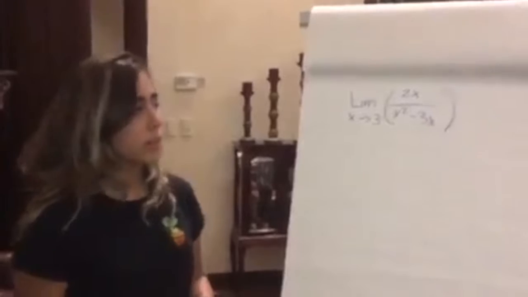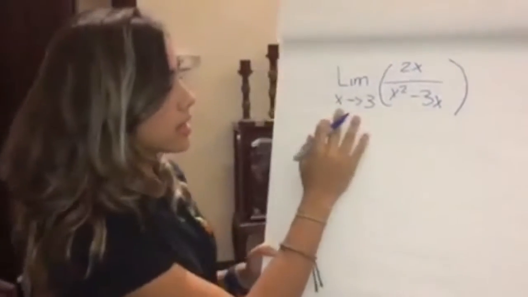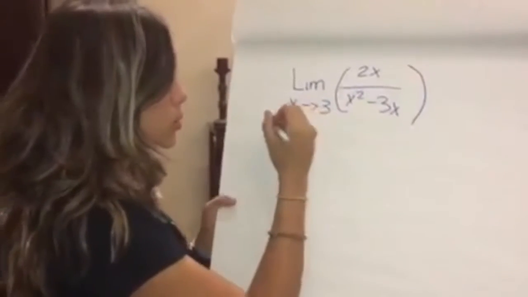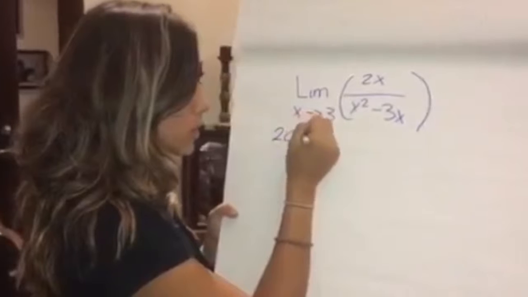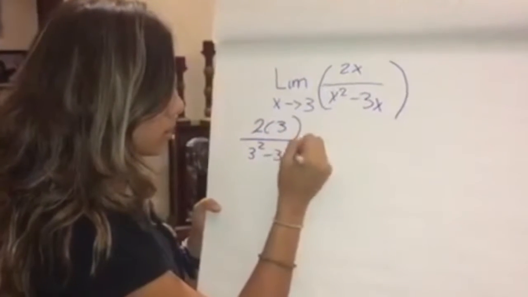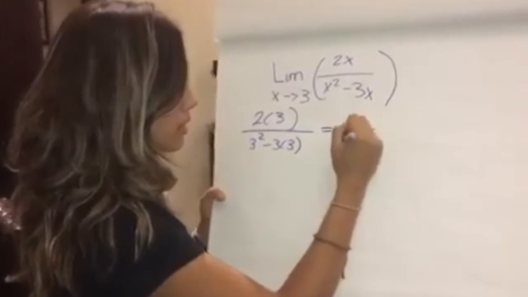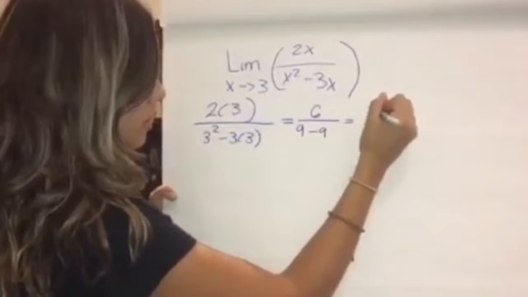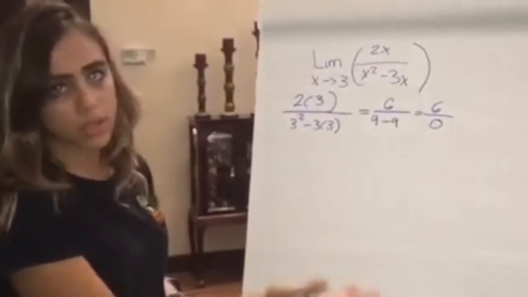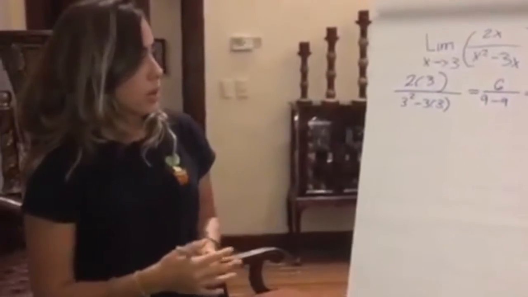In order to evaluate a limit, one must first plug in the number that the limit is approaching. In this case, it's the number 3. So we plug the 3 into the function, which turns out to be 2 times 3 over 3 squared minus 3 times 3. This equals 6 over 9 minus 9. Since we know that 6 divided by 0 cannot be a real answer, now we need